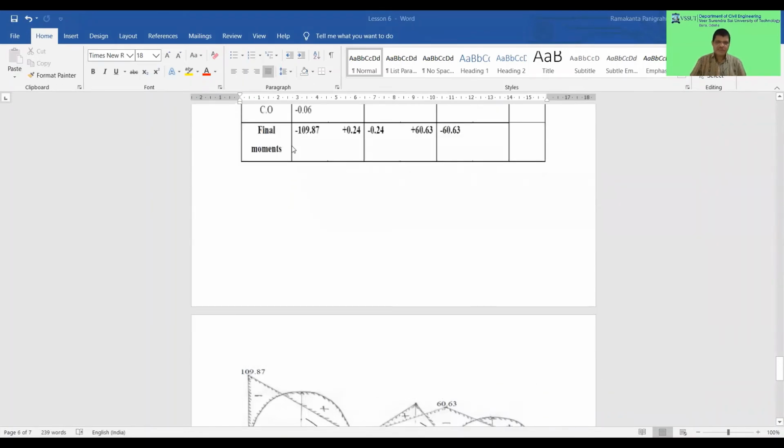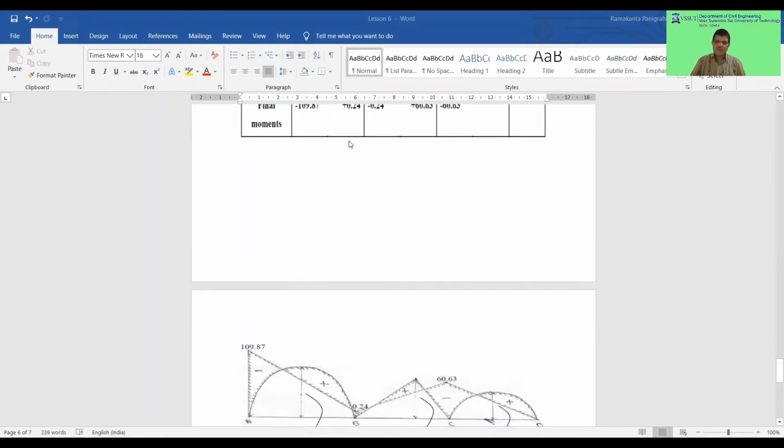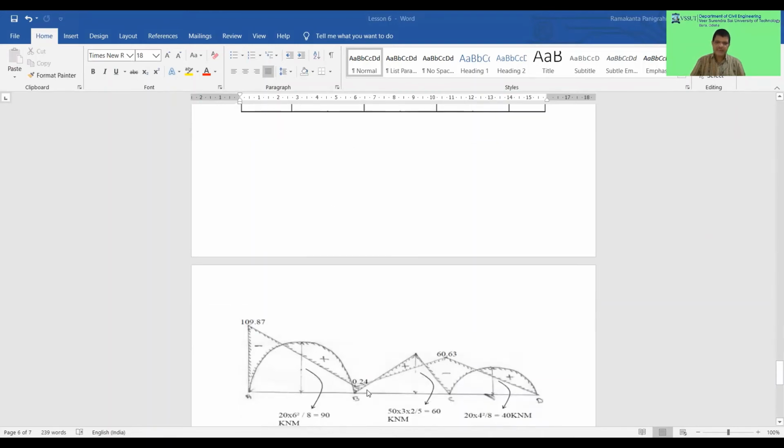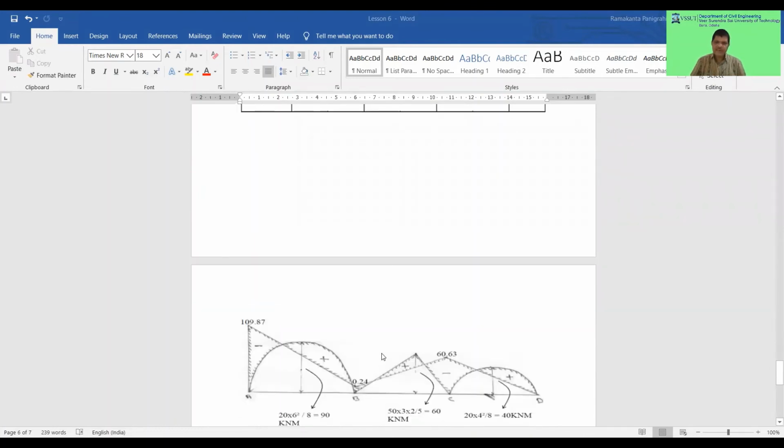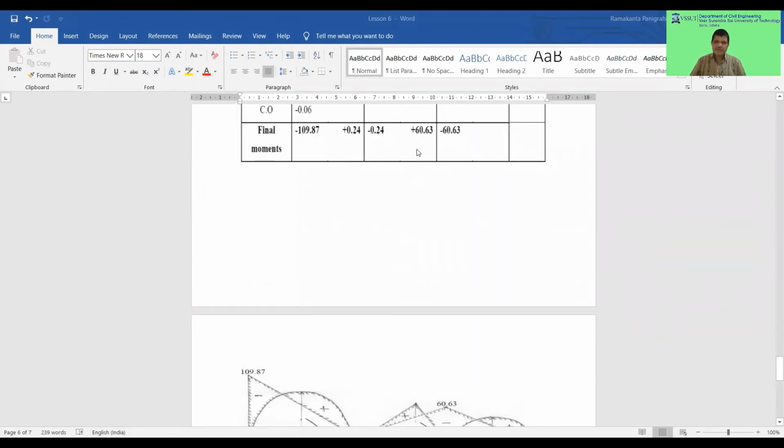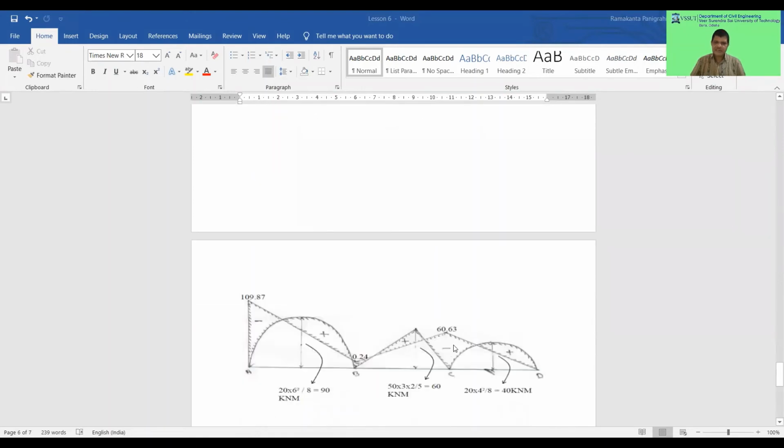You see it is minus 109, which means it is anti-clockwise. Plus means clockwise. So anti-clockwise from this side is negative. Clockwise here is negative. Then minus 24, so it becomes negative here, anti-clockwise. Now plus clockwise again means again it is minus, because clockwise movement from this side is negative, and then at D it is equal to 0. Just join the lines, that is the moment, the end moments.